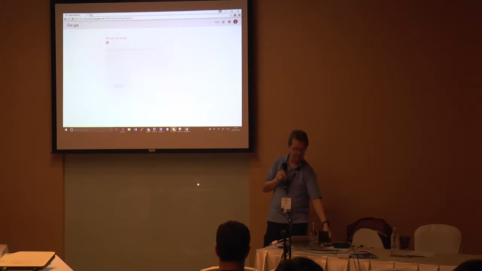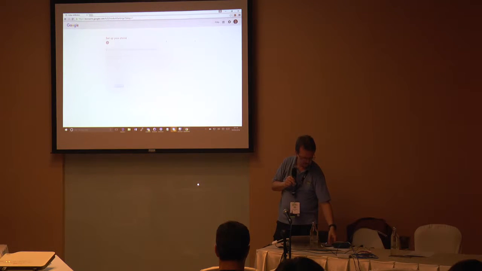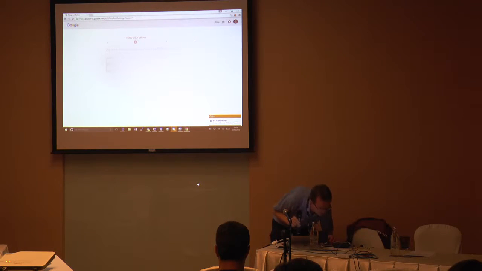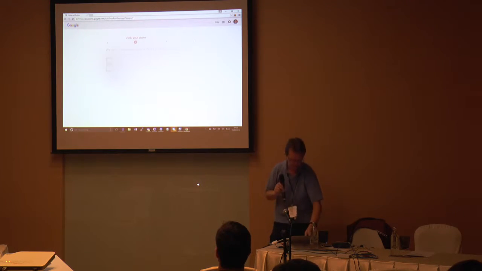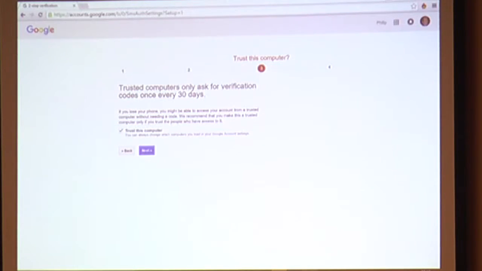Okay? So, let's just unlock the phone. So I'm ready. Send code. Okay. Oops. 309-276. So, a one-off code. It just confirms that I've got the phone. And that's it. So you can see there, trust this computer. So if I go next,